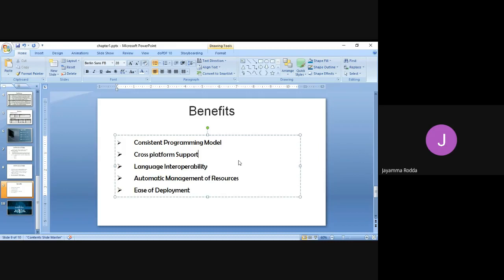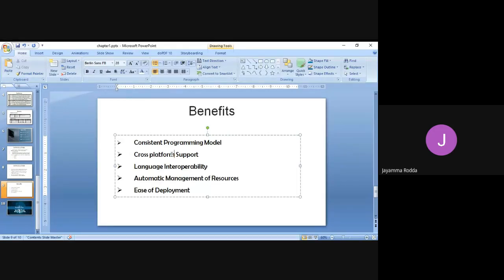The integration can be provided by language interoperability, which means that a piece of code written in one language can be used in another language. If you have written C++, that can be implemented in C Sharp. Sorry, Visual C++, not simple C++. Whereas cross-platform support is nothing but different operating systems, multiple Windows operating systems, can be interoperable.